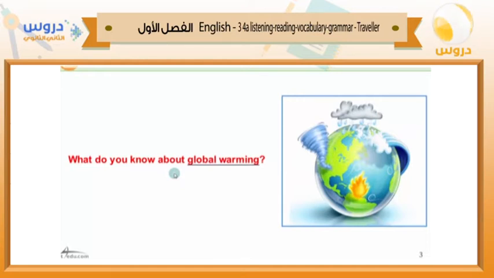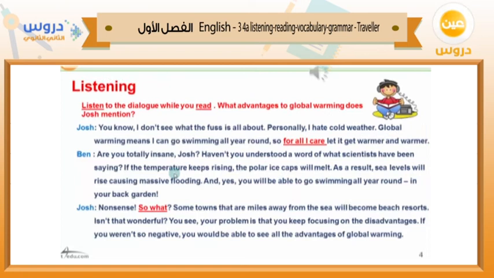Global warming is the rise of temperature every year. Many people, many scientists think that global warming is caused by using pesticides, also using gases, factory smoke, pollution. All of these are causing the rise of temperature around the world. If this continues in the future, this may result in too many disasters. So as you can see here, I'm going to play for you some listening, and I hope you get